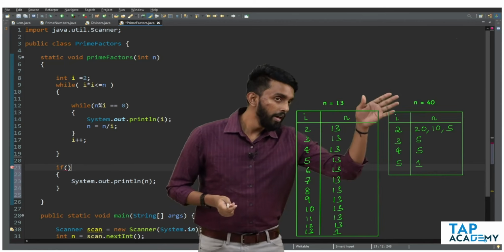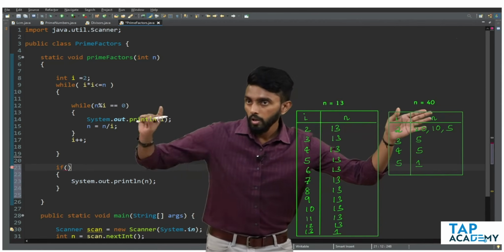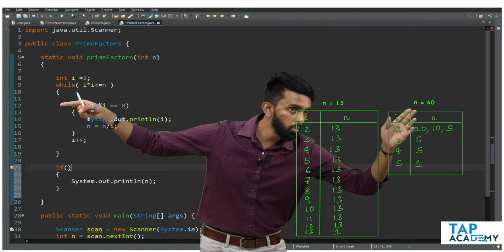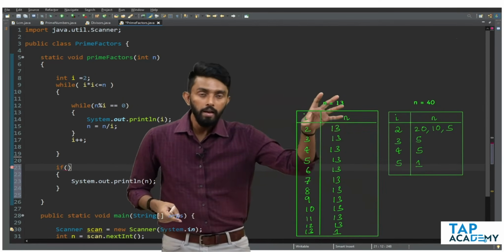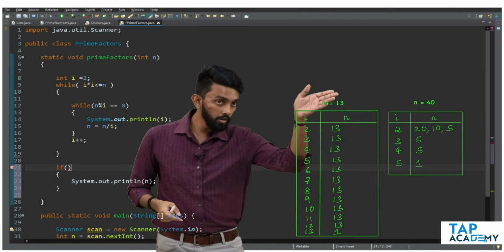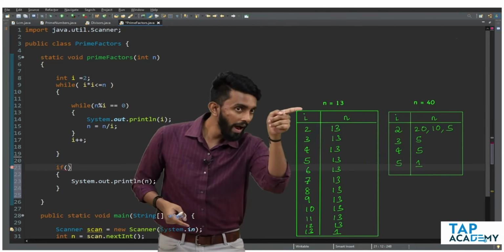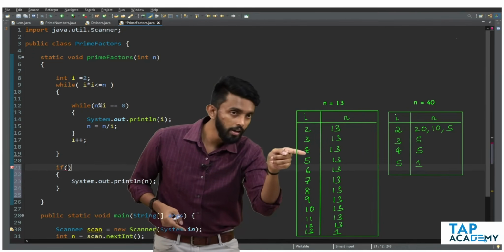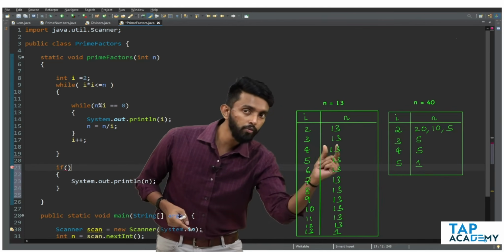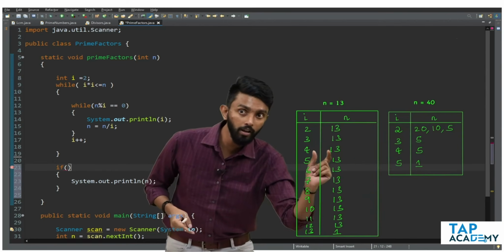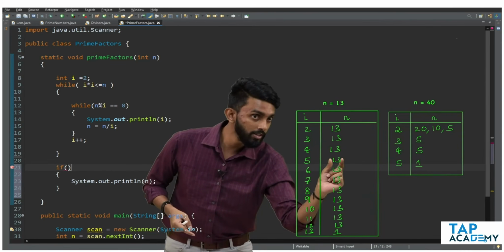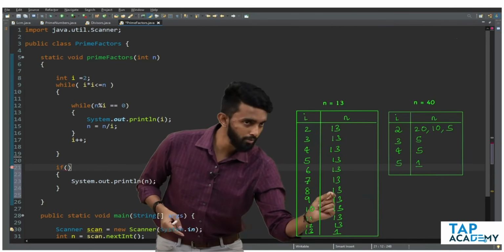See here, if it is a composite number, by the time you come out of this loop, the n value would have become 1 by division. If it is a prime number, then at this stage you would have exited. At this stage when you exit, what is the value of n? 13. Is it 1? No. Is it greater than 1? Yes. Maybe I could have exited at this stage, or at some other stage,